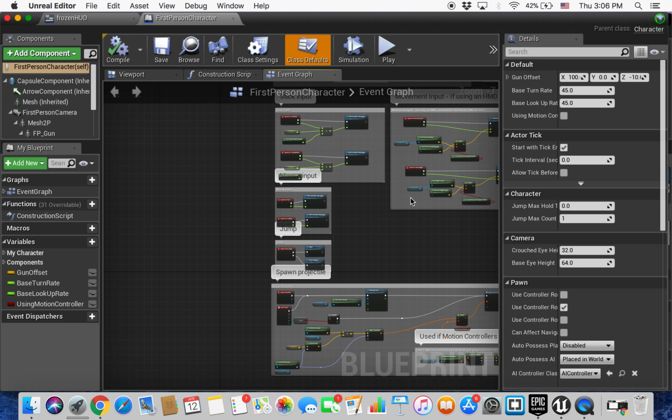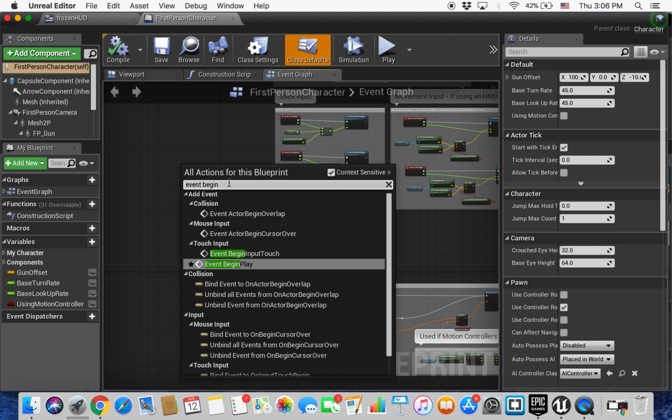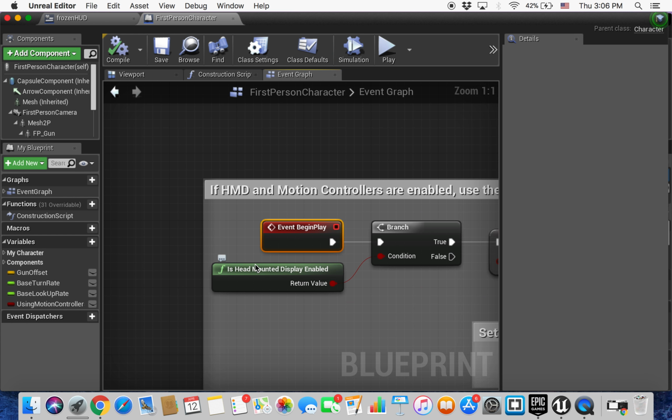So we should already see a bunch of things going on. If I could find our event begin play, because we need to start it on an event begin play, but there can only be one, and there's one somewhere in here. So I'm just going to type event begin play, and it should take me to where it is. Okay, here we go. So we are going to break this off, do what we need to do in blueprints, and then reconnect it to the branch so that everything's still included, but we need to build off of this